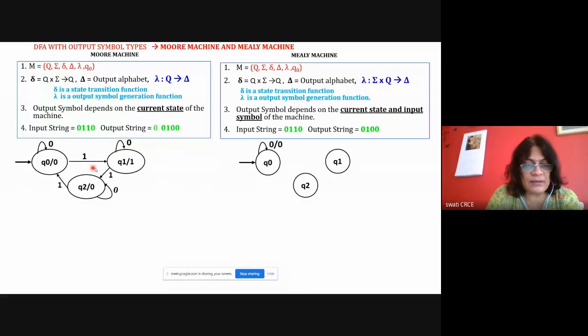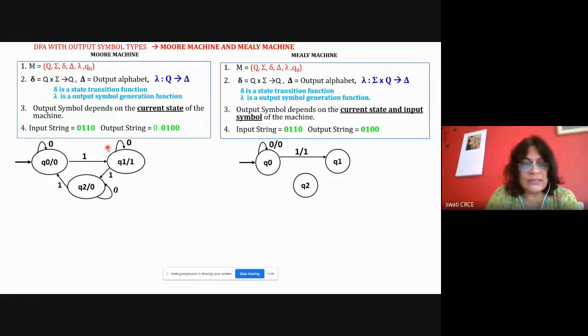Then for this one, it is reaching Q1. So remove this one from here and write it here. You need to consider the incoming transition. So in the state Q0, if there is any input symbol, then as it is reaching 1, it was creating 1. So remove this 1 from here and write it here. This is the input symbol and this is the output symbol. So in a Mealy machine, for the transition, we show input and output symbols together.